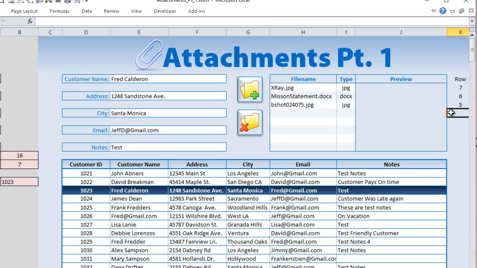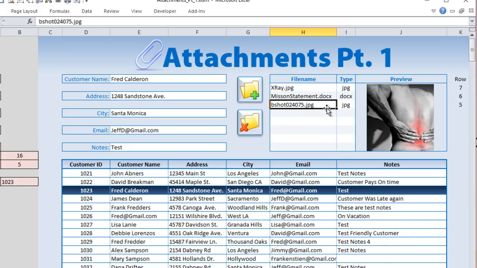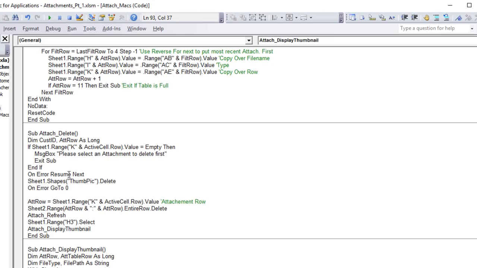K and the active cell row must be, we have to know, if we're going to delete it, we have to know a row in the attachments table to delete, okay? So we need to put that caveat there. So once we do have something, we know that we can delete a specific row. In this case, that attachment row that we're going to be deleting will be 6. Okay, so if we're going to delete row 6, we now know that we're